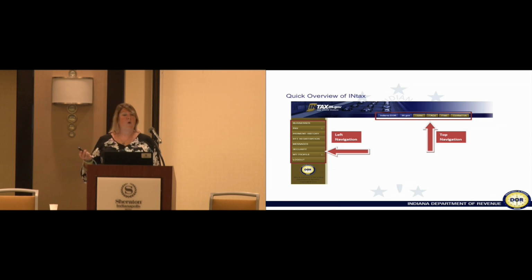I mean, what do you do? Why are you even in NTAX? Well, you're in there to file. You have to file every period that you're required to file for, even if you don't owe any money. So you will file the return, which is up at the top, and then there's just some other information on there. You can see at the top there's some FAQs